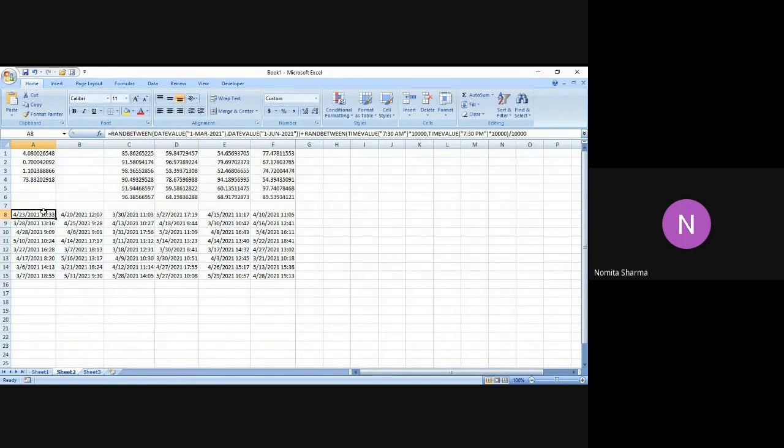So you can see that all the dates are indeed between March, April, May, and June. And the time was between 7:30 a.m. to 7:30 p.m. Indeed, it is occurring like that. So we have 10:33, 12.07, 17.17. Then we have 13.23, 18.41, like that.